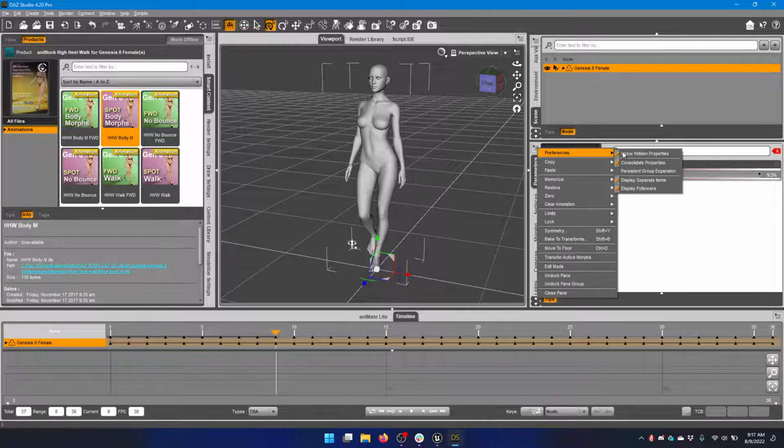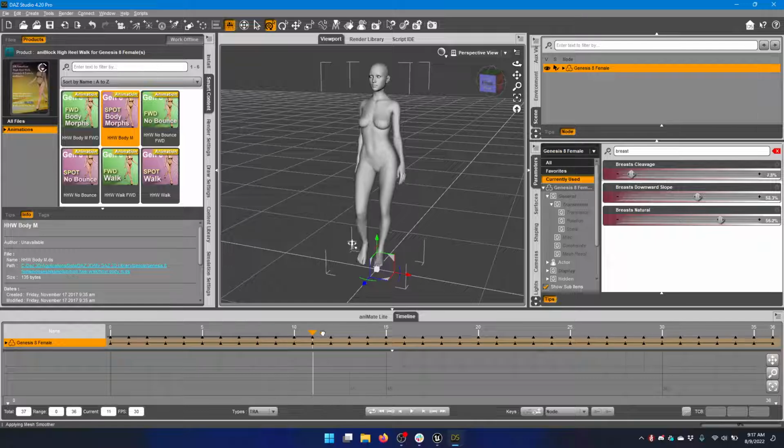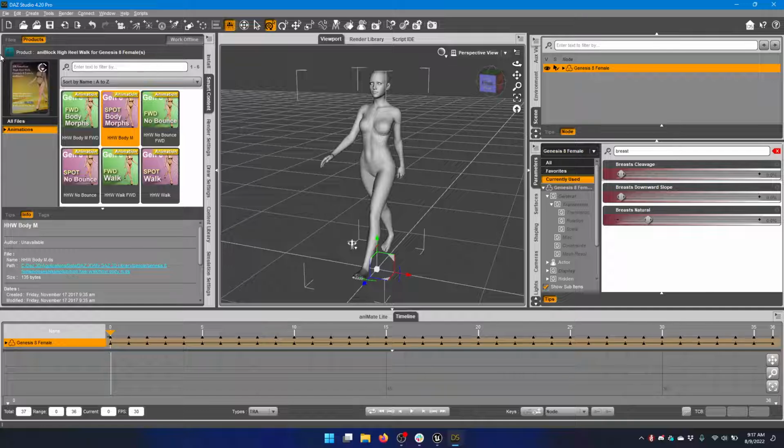And I'm going to enable hidden here. And yeah, so if I scrub here, we've verified that, yes, these morph controls are being animated as well with each keyframe. All right. So make sure that Genesis 8 female is selected